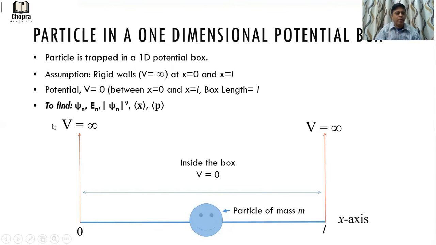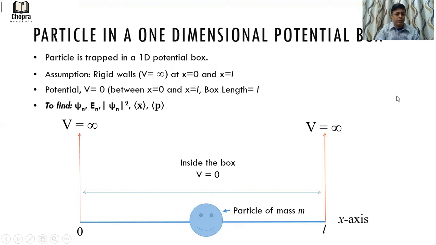Now, the rigid walls imply the potential here is infinity at the boundaries, and the particle does not lose energy while colliding with the walls. So basically it is an idealistic situation. Inside the box we have the potential equal to 0, and there is where our particle of mass